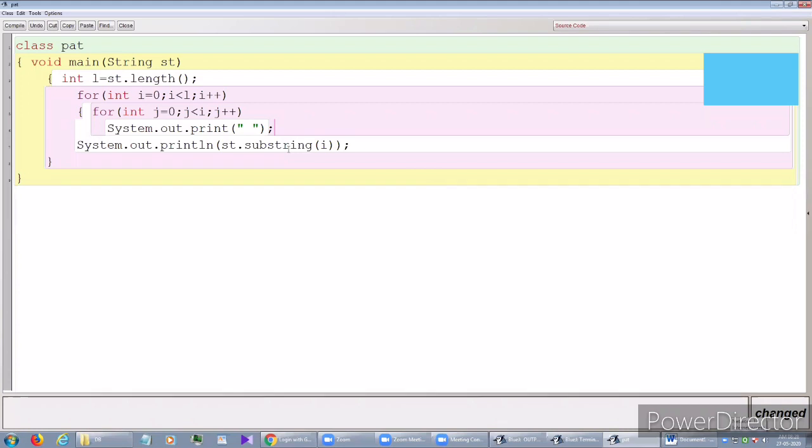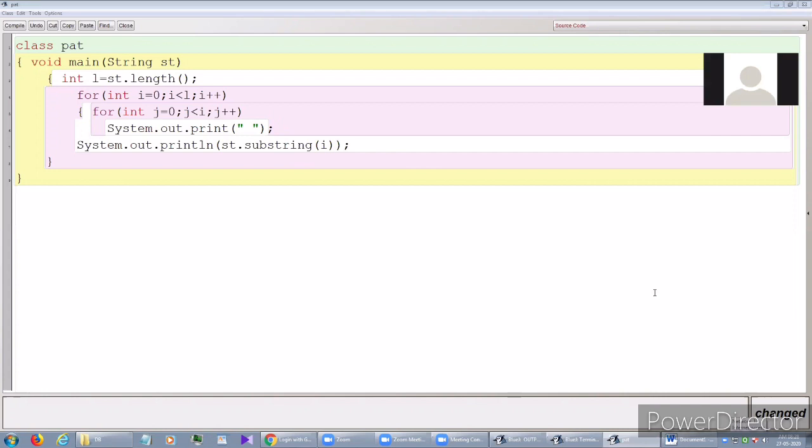Now Ronak, can you explain? Siddharth, can you explain? Yes, explain.